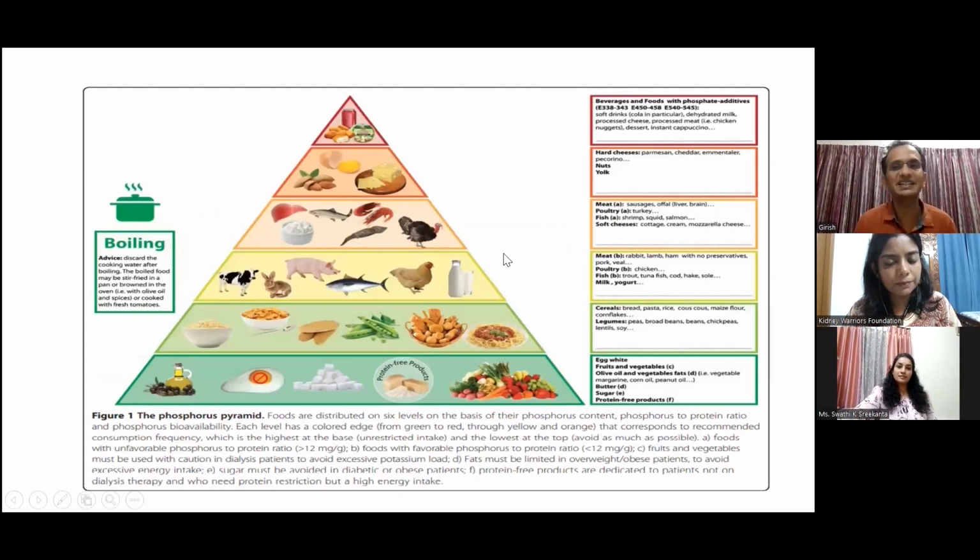So this is the phosphorus pyramid. This is a very nice pictorial representation of what foods contain phosphorus, and these are distributed on